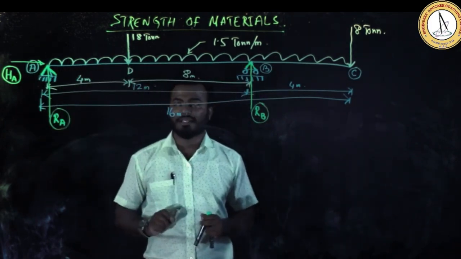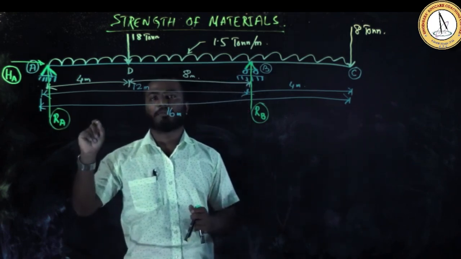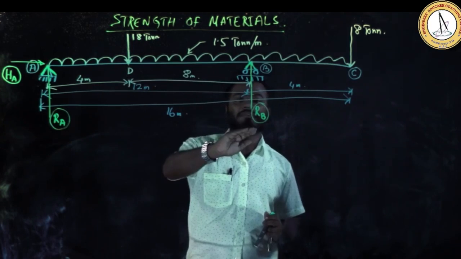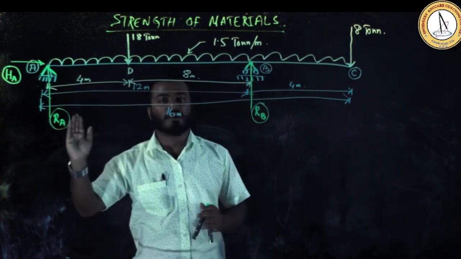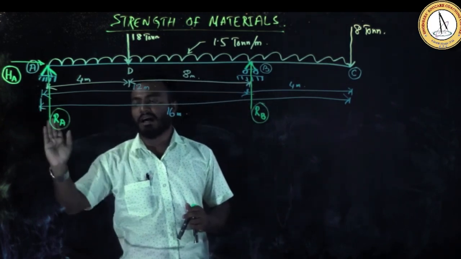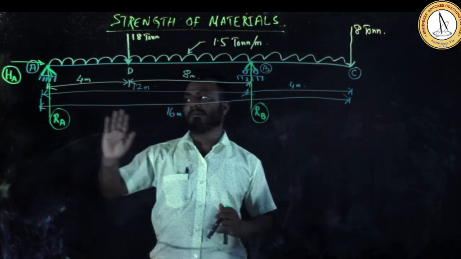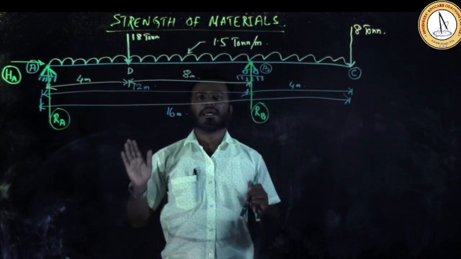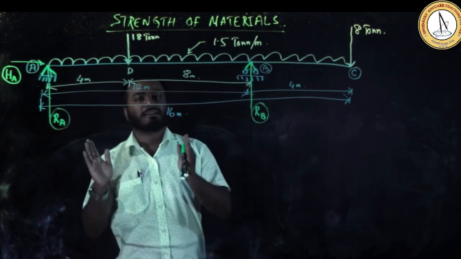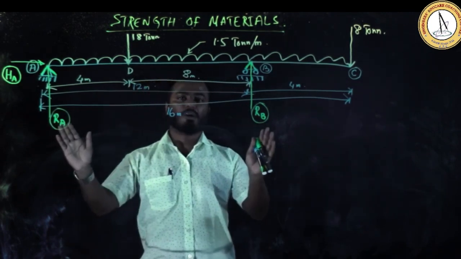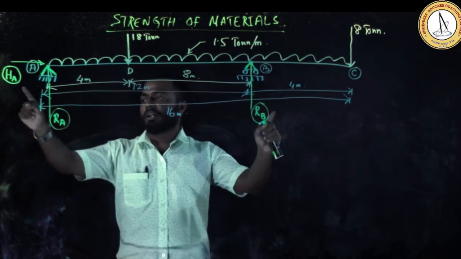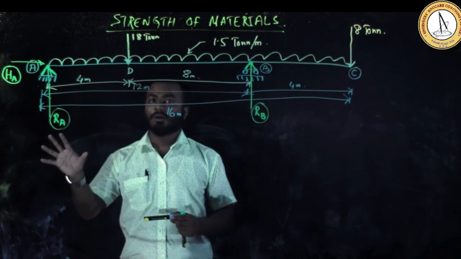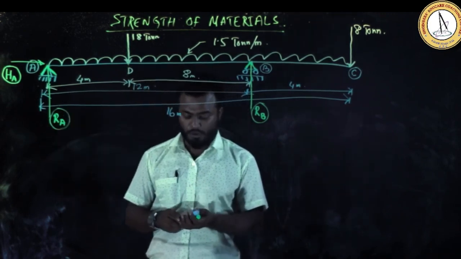Now in the third step, we need to find whether the problem is a determinate or indeterminate structure. Once you find whether the structure is determinate or indeterminate, you can find the unknown forces. Now in this problem, as I have already discussed, there are 3 unknown forces and 3 equilibrium equations. The problem can be solved by the 3 equilibrium equations. So this problem is a determinate structure, and we need to find the unknown forces. Now let's see how we can find the unknown forces by using these equilibrium equations.